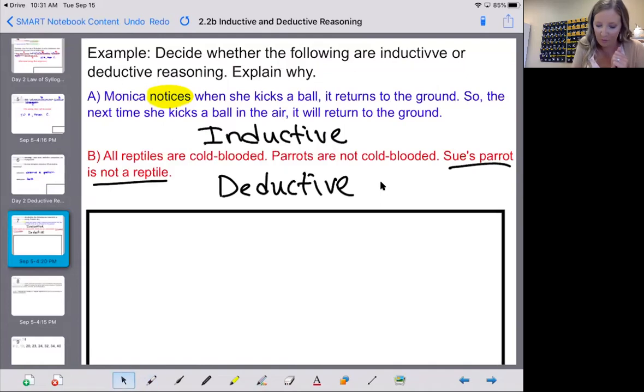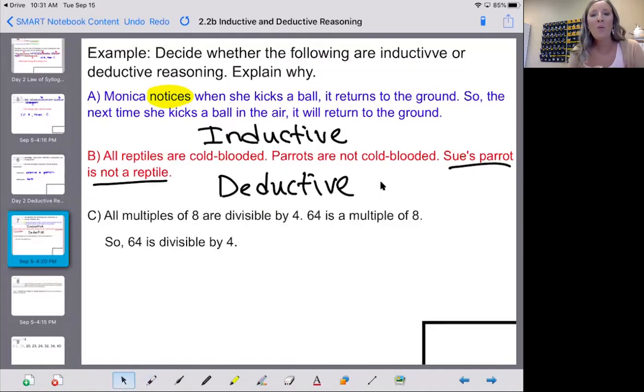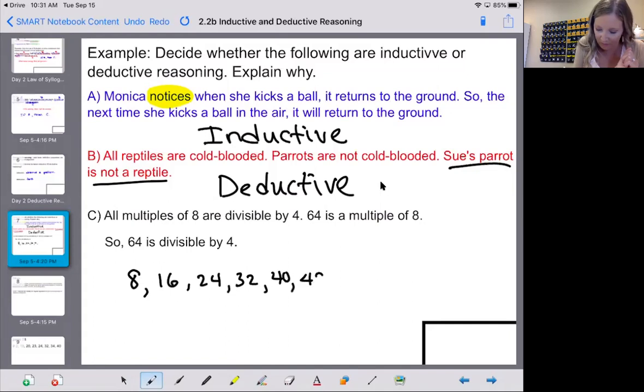Okay. Let's do one more. It says all multiples of 8 are divisible by 4. All multiples of 8. So before we even get too far, multiples of 8 would be 8, 16, 24, 32, 40, 48. Let's stop there actually. 48. And so,